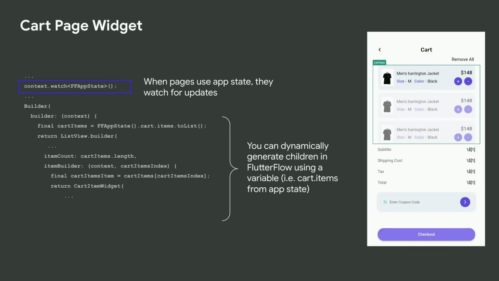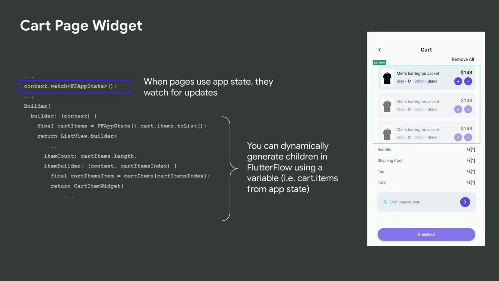And then when I actually want to use this app state variable, for example, in some cart checkout page, that cart's widget will include context.watch to watch the FlutterFlow app state class. Now, I do want to say that we think there's room for improvement here. Right now, this is kind of one giant app state class, and we're working on breaking it up into smaller modules and having more granular watching, so you're not watching the entire class. But it's still a pretty good start, I think.